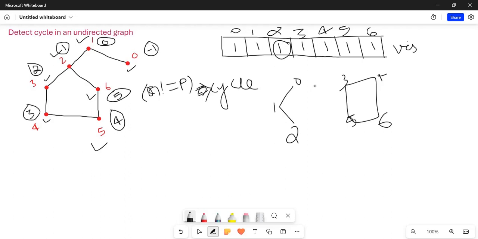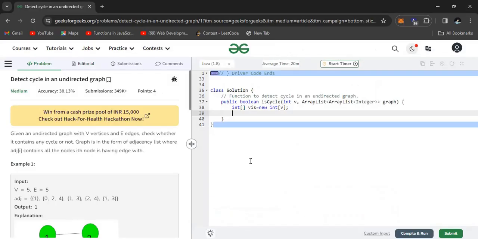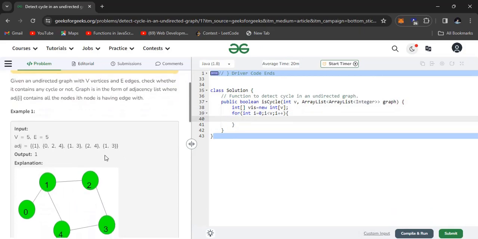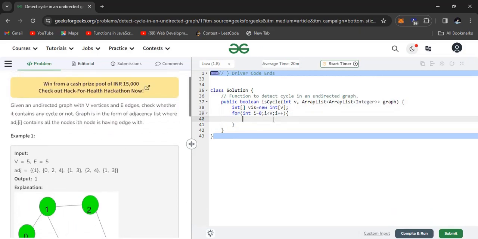So to find a cycle for every test case, you must make a DFS call from every vertex. For that, make one for loop with i equal to 0 and i less than v, because here the example is 0-based indexing. You can make a DFS call for a node if and only if that node is unvisited.